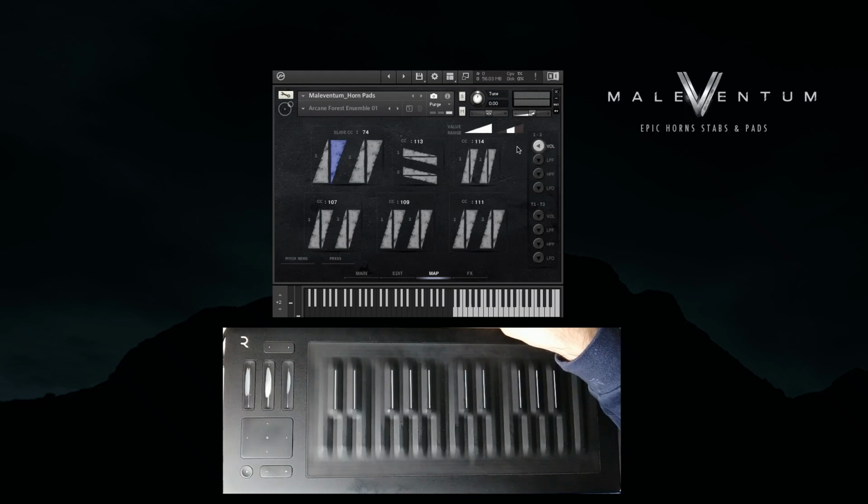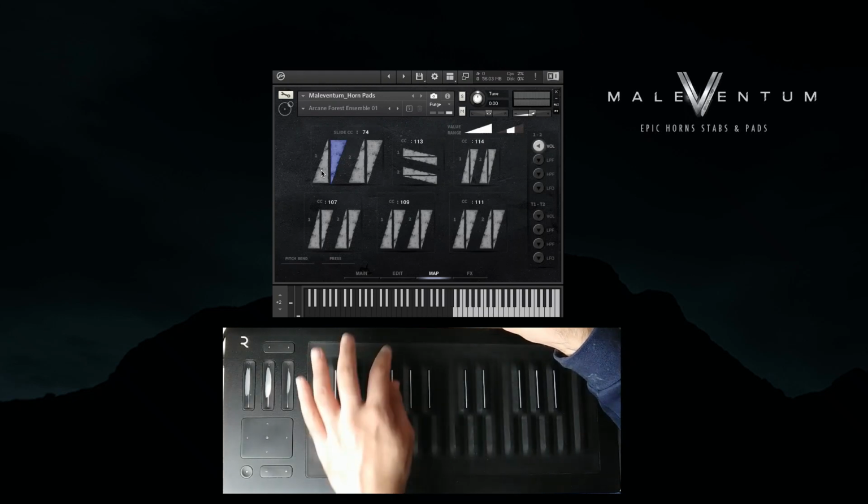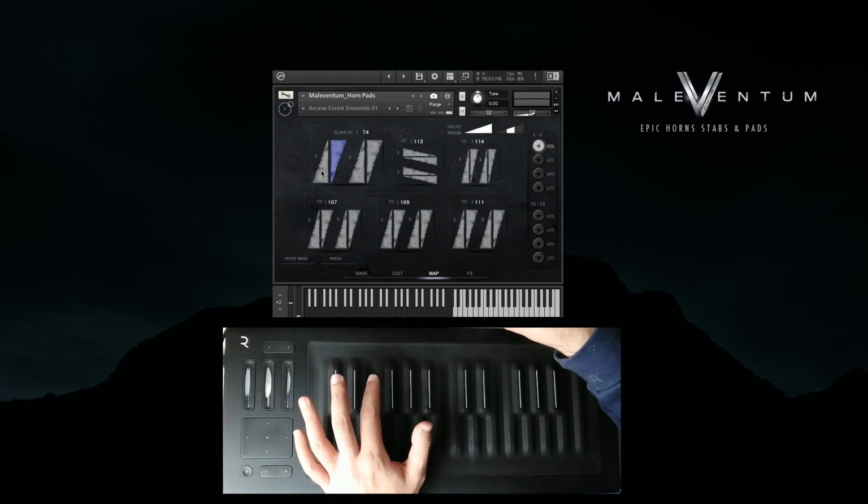The basic concept is this: you can map any of the available sound shaping parameters for both tonal layers, 1 and 2, as well as the textural layers T1 and T2, to any of the available physical controls. For example, if I want to assign the volume of layer 1 to the slide, but have it work in the opposite direction, so it increases when I move my finger down, all I have to do is click on this other triangle here on the